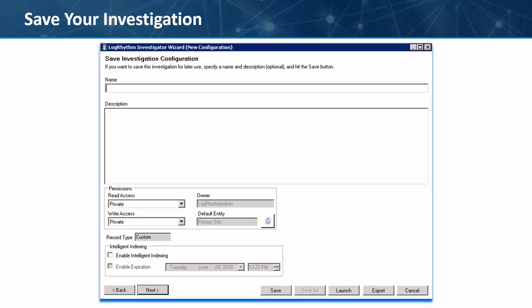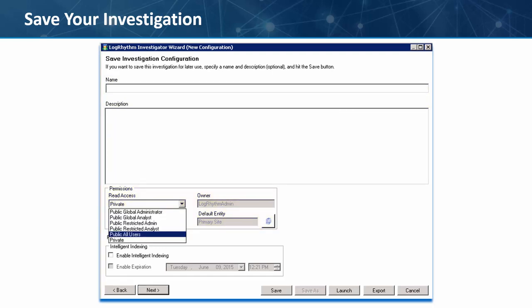The final step in the Investigator Wizard is the option to save the investigation configuration. If you wish to save this investigation, enter a name, an optional description, and set the level of permissions. You can configure the permissions for read and write access to be publicly available to all users. You can assign different read and write access to the various user role types, or you can choose to keep the investigation private and only accessible to you. In my example, I don't want to save this investigation, so I simply click Next or Launch to start the